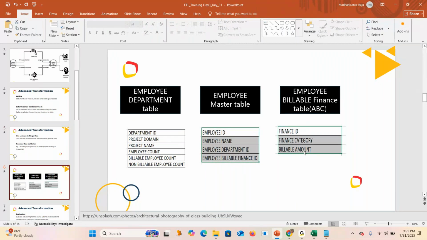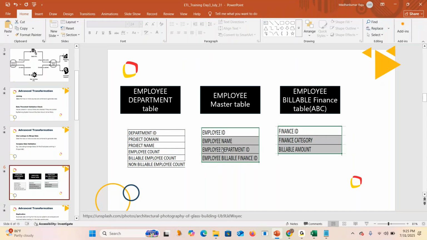Billable amount is nothing but if an employee works for a month, what will be his amount? And department ID is whether he is from BFSI, banking, healthcare or life science. Those details are stored in the department detail.